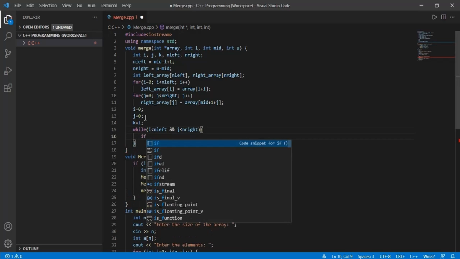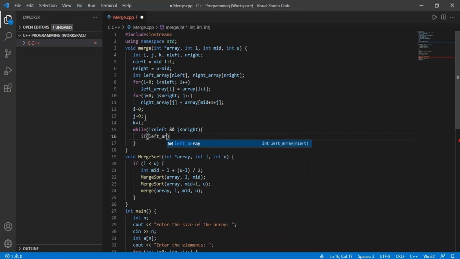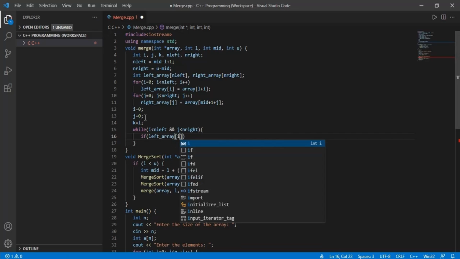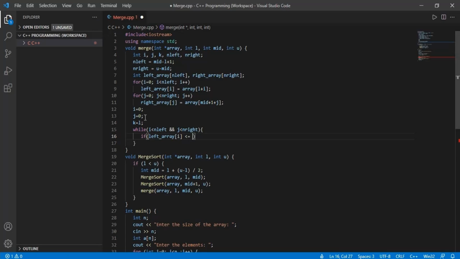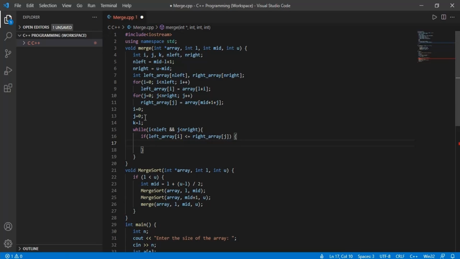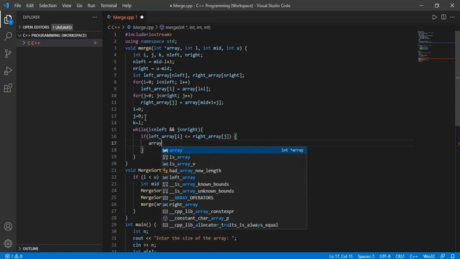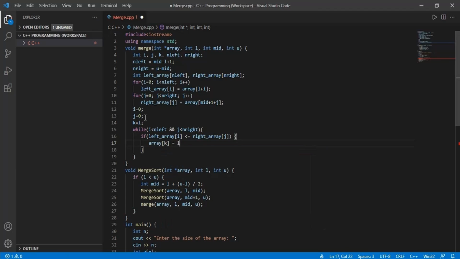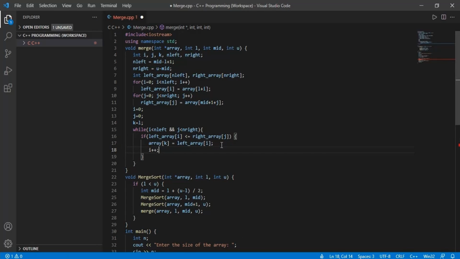and we'll write the if condition over here. In the if condition, we'll specify if the element in the left subarray, that is left array of i, is less than or equal to the right subarray element, then in that case, as we are going by the ascending order, our final array of k is equal to the left array of i. So we'll store the element from the left array as it is smaller than the element from the right array. Then we'll basically increment the i value